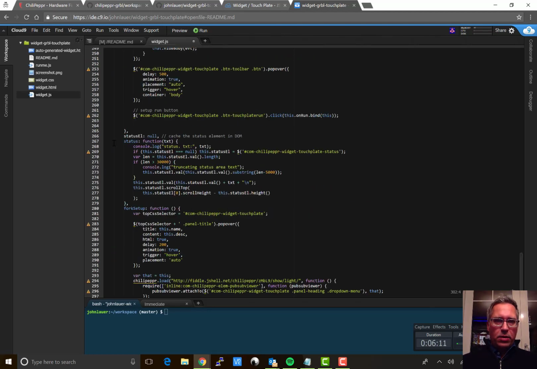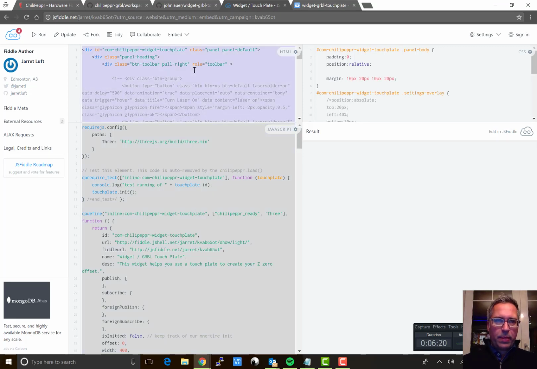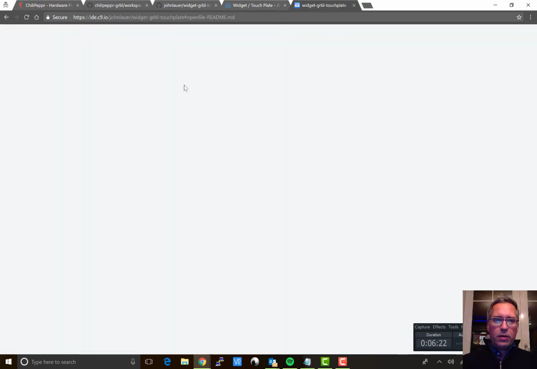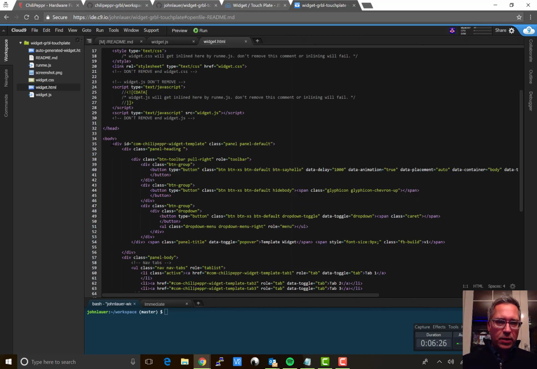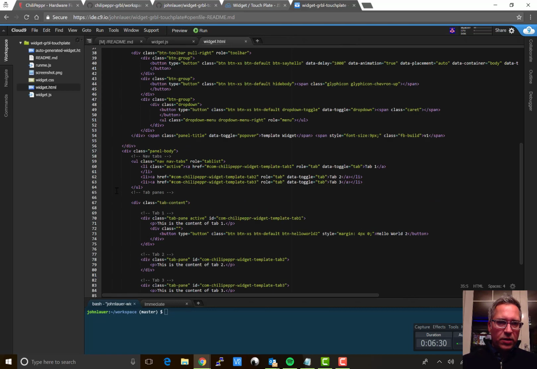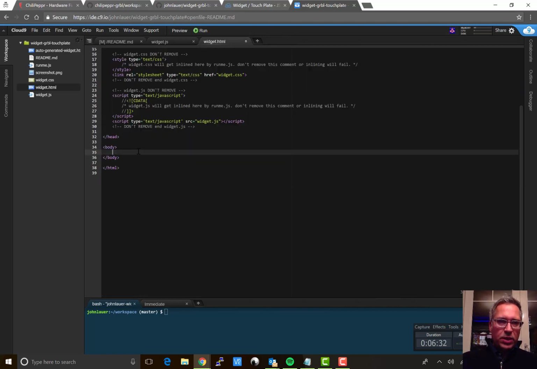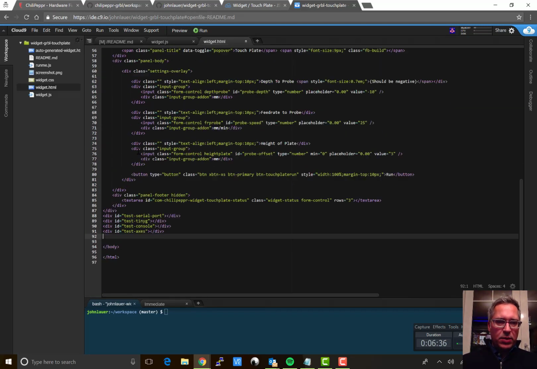Okay, and then I'm going to save that, and then I'll go to the HTML, and I'll steal this HTML, and go back over here. Now for this HTML, you want to keep the header and you want to keep the body, but the part you want to get rid of is this div in the middle of the body. So I'm going to hit delete. I have an empty body now, and then I'm going to paste in the HTML out of